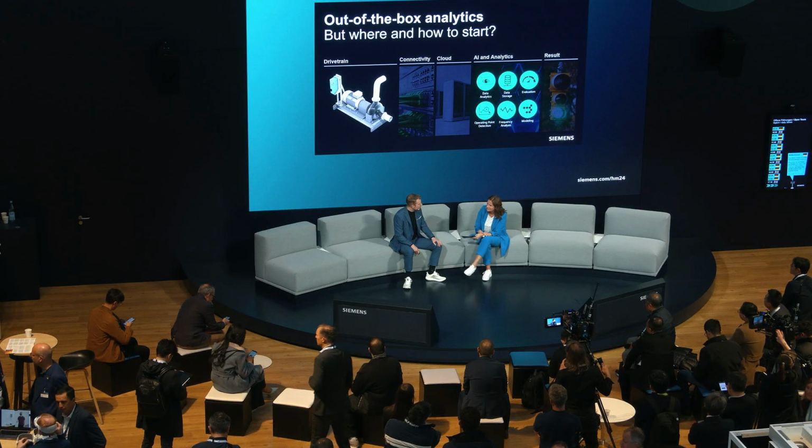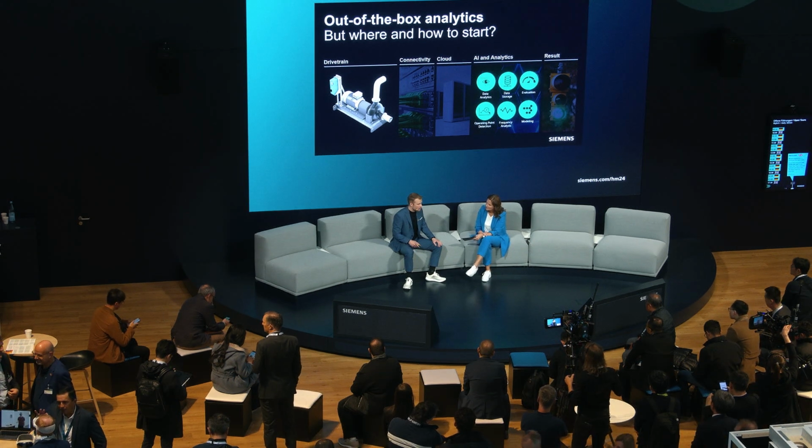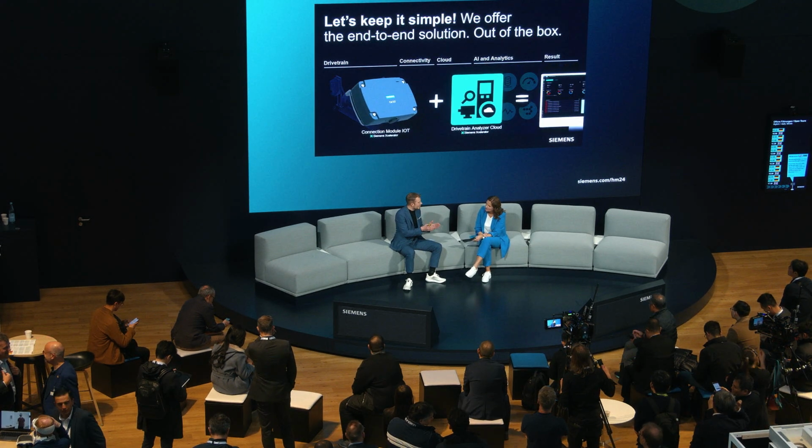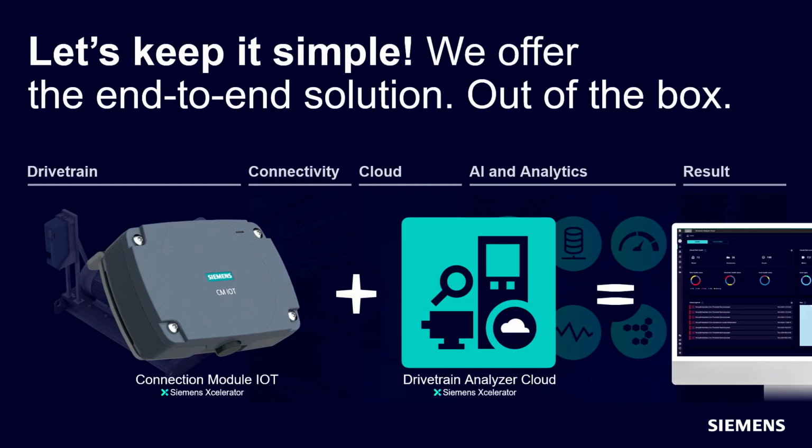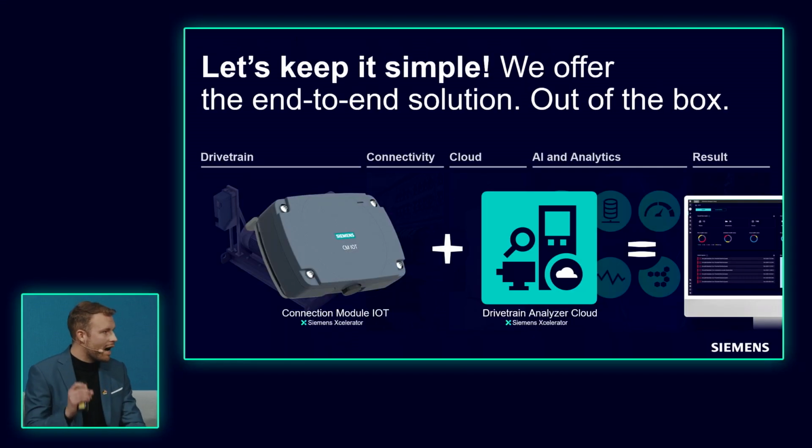Can you give us some details on this new offering? Yeah, sure. So I mentioned it, 3 parts: connectivity, analytic, and then somehow also visualizing the results. And this is what we exclusively show here at the fair, at our booth. We have the Siemens Connect 400, which was one of the sensors we had already in the portfolio. Now we have the connectivity model IoT, a high-performance sensor which can be installed at mechanical equipment, at the electric motor itself. That's the connectivity part.